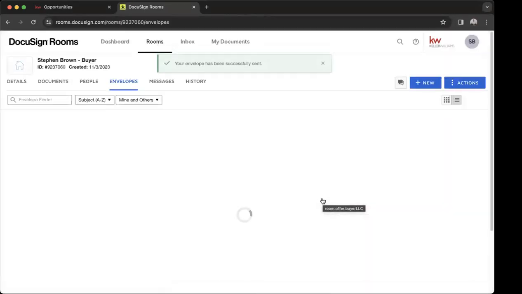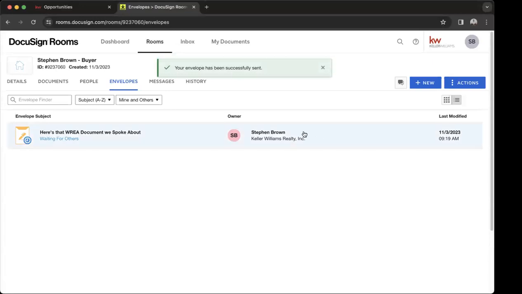And as it loads, the very next step is going to be signing it yourself. So it has now been sent out. If you're the agent, I'm going to show you how to just sign this yourself from here, because it is a little bit easier to just sign it since you've just sent it out and you know that you need to sign it. What we can do now is select this envelope that we created,